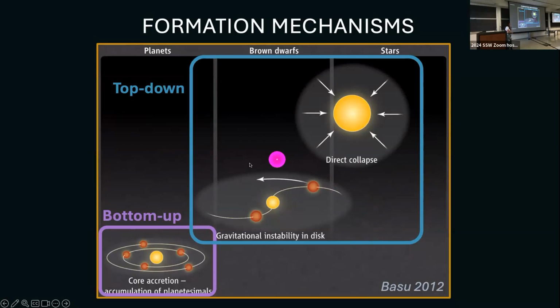Unfortunately, once again, direct imaging is mostly sensitive to what we expect from this middle bit down here. So depending on how you decide to do things, it can be a bit tricky to compare results from different surveys that may have done things differently in the interpretation of results. So if we take that example of the bottom up compared to the top down model,